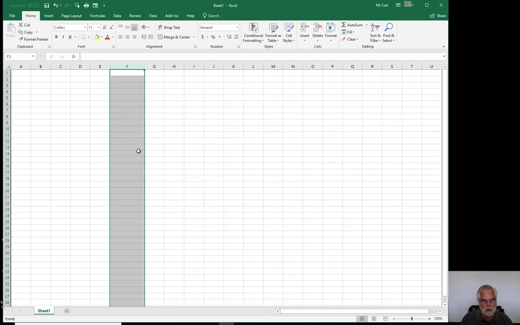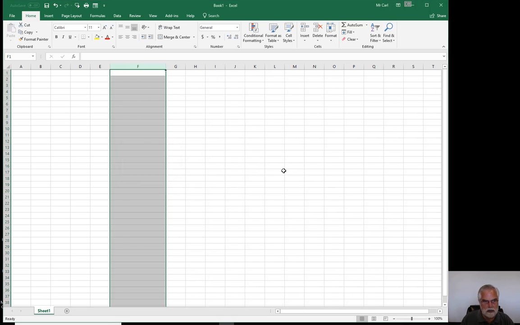Or where you've highlighted it, right click in that area and go to column width. You can see the column width now is 15.14. Let's do it to 25 and watch what happens when we hit OK. You see? So now you have learned how to right click and use column width, and then the same way